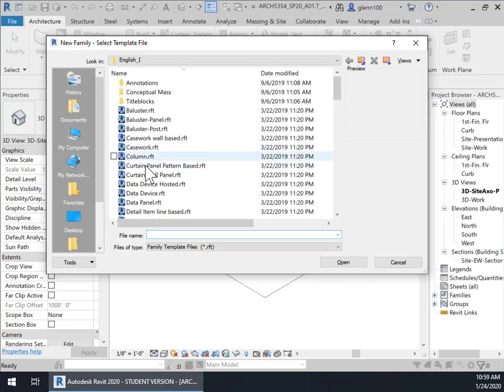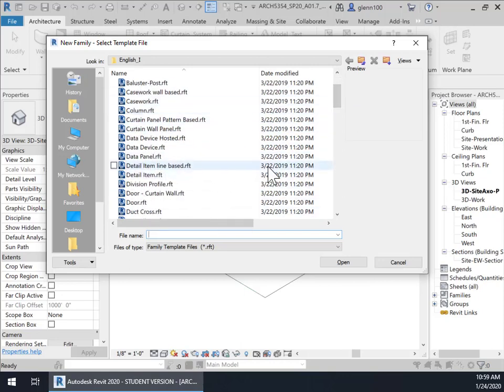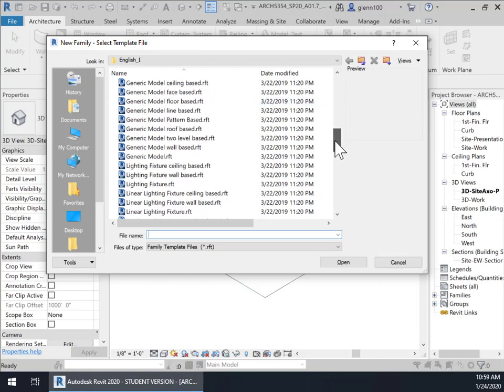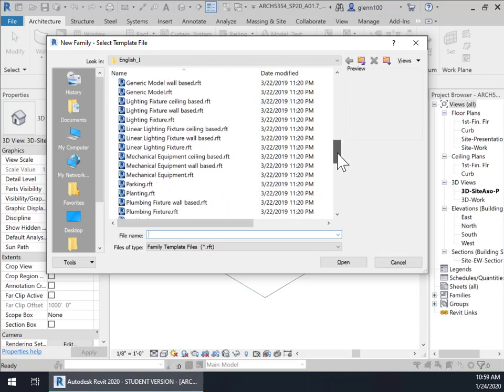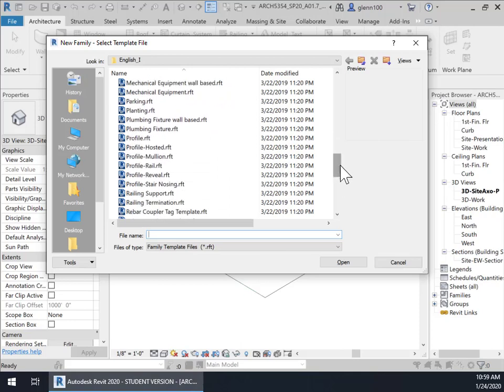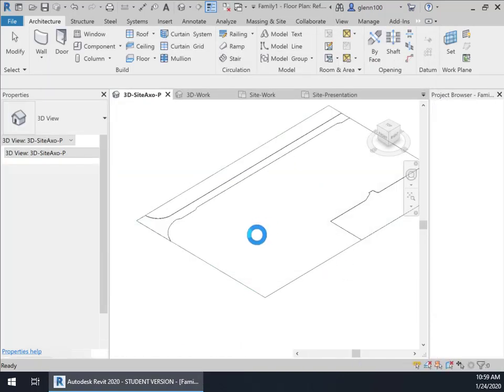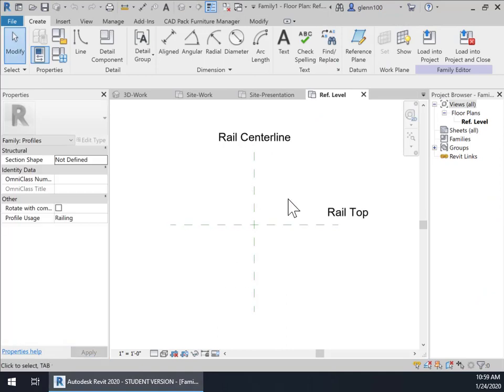And then we're going to get all of these templates for new family types, all the way from details, doors, and so on. I'm going to go down here to railings, profiles, and then here's a rail profile. Okay, this is the template for that. And if we open that up, we're going to see this is like a sectional cut through the railing, and its shape,